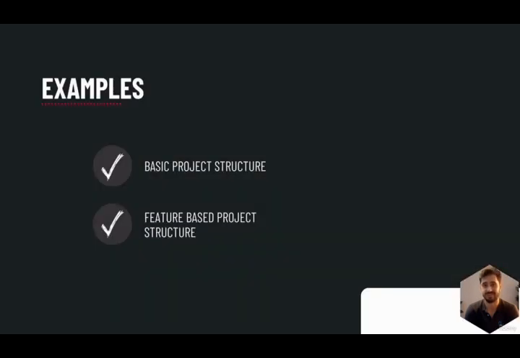Effective code organization and modularization in TypeScript are essential for building scalable and maintainable applications. By structuring your project into clear, focused modules and organizing code by features, you set a strong foundation for your application's growth and success. Remember, there's no one-size-fits-all approach, so feel free to adapt these practices to fit your project's